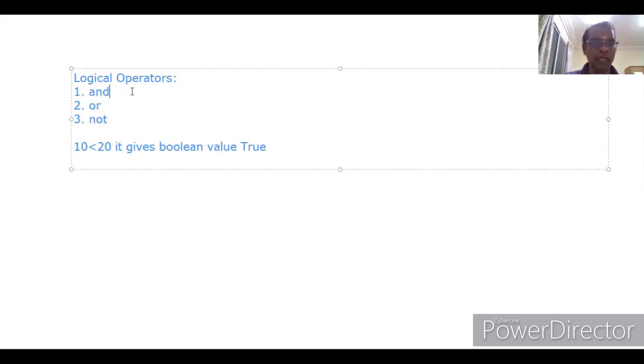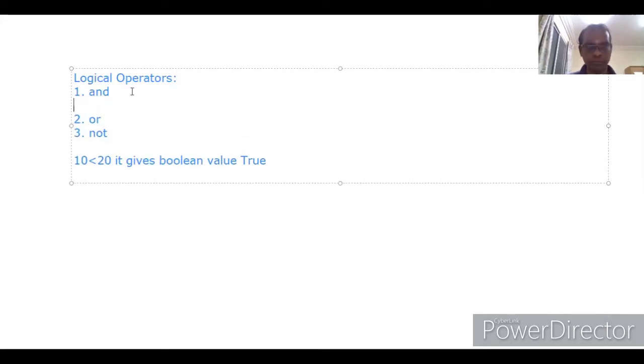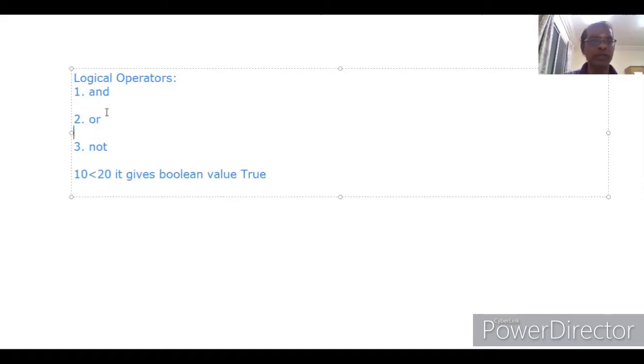Similarly, for AND as well as OR, on both sides of AND as well as OR, we should have one relational expression. For example, 10 is less than 20 and 30 is less than 40.